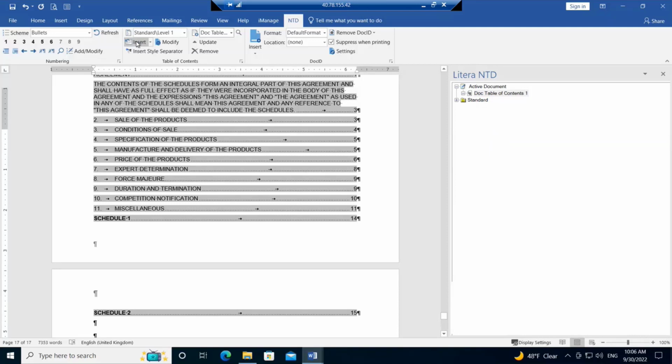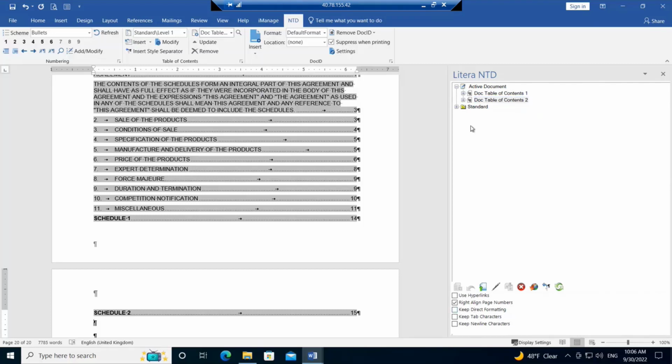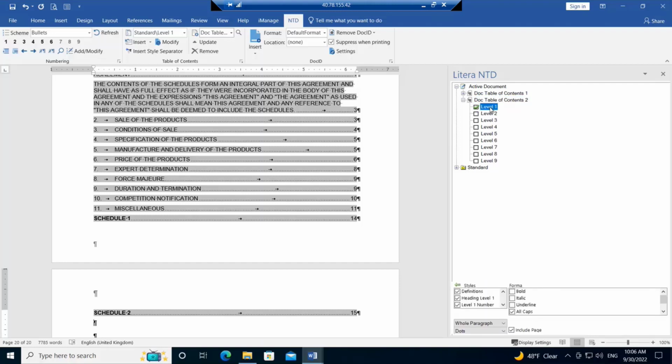And you'll see in the task pane, I now have a second table of contents. If I navigate to that second table of contents in the task pane, I can make the same choices, remove the direct formatting, expand the second table of contents, and then choose which styles I'd like to include. I don't want definitions, I don't want the headings, I just want schedules, or the schedule heading 1. So I've just deselected everything in that styles list, and now I'm going to use the little green arrow and navigate